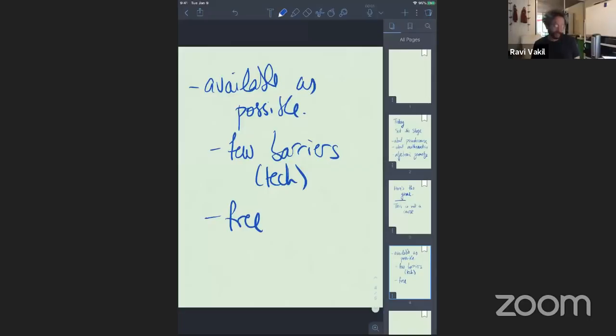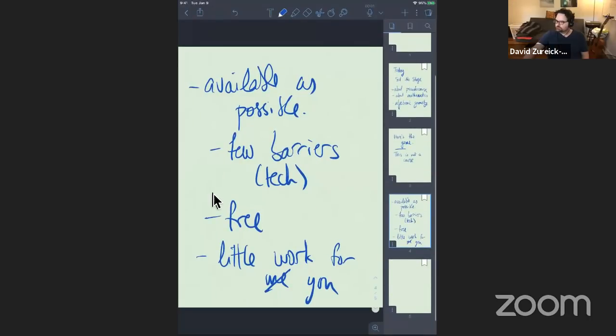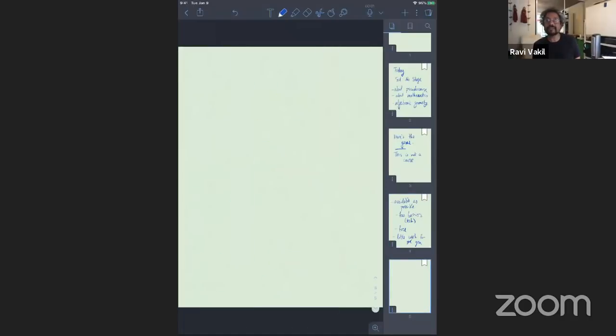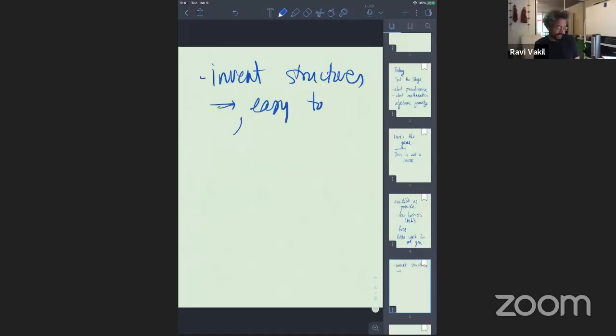And also, in order for it to work, it should be as little work as possible for me around what's really necessary, because if it's a lot of work for me, I'm not going to be able to do it. And it also should be as little work as possible for you outside of the intellectual work of learning. So I don't mean it should be easy, but there should be as little useless work as possible. And so other goals will be to try to invent some structures and experiment with them that make it somehow easy to learn or natural to learn.